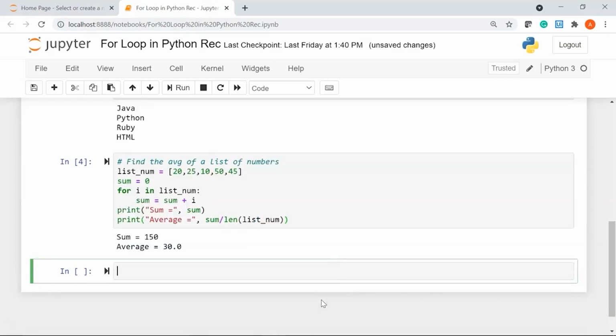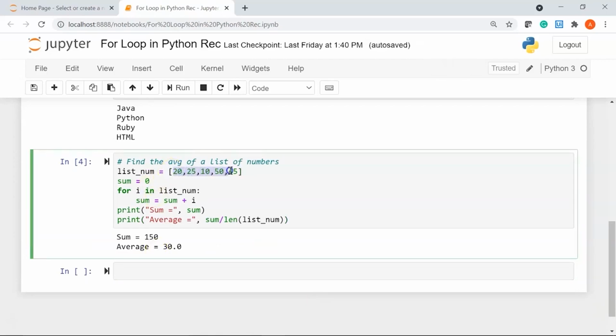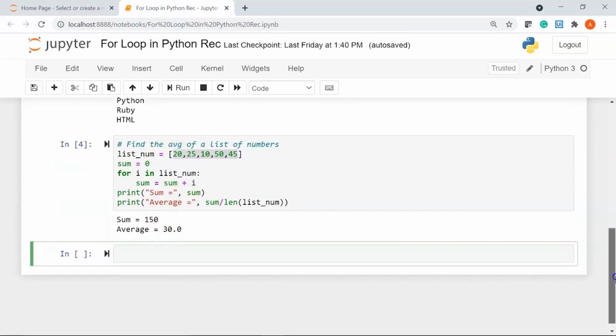Let's run this. You see here, so our total sum of all the numbers present inside the list is 150 and the average of all these numbers is 30. So 150 divided by 5 is 30. Alright.